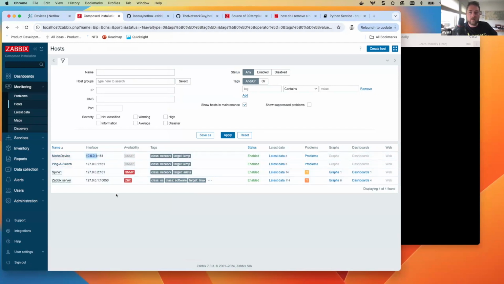Its interface is the 10.0.0.1. Voila, we're done. So now we're doing exactly what's on that storyboard you have, right? We have an intent that is put in NetBox and is running an automation that then goes and puts it in the network, or in this case, it puts it in Zabbix, and Zabbix then shows that intent as a real tool, a real piece, so the operations team can have it.